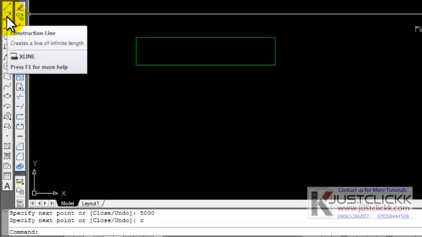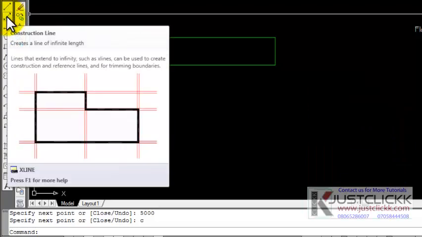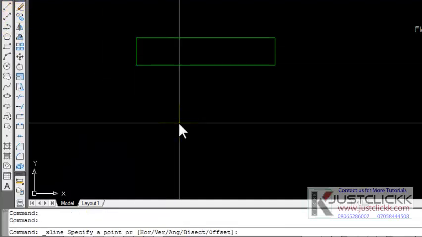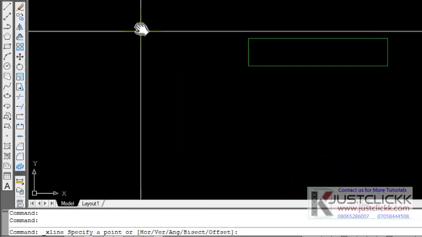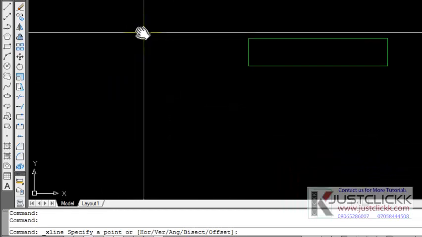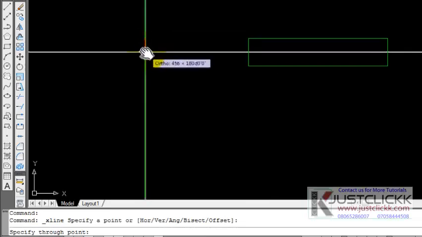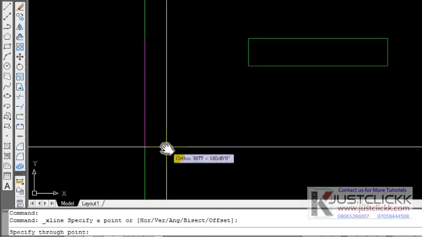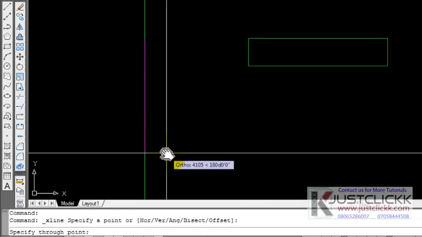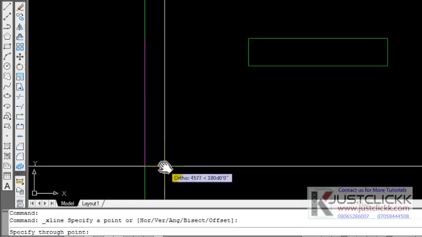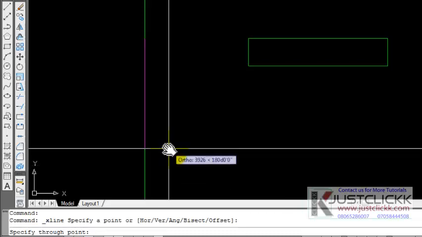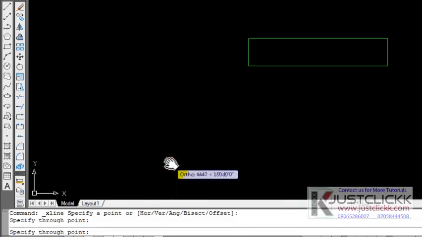So you have the construction line here, which is an infinite line. This gives you an infinite line. You make use of this by clicking on it and then specifying a first point, specifying a point by just clicking, and then specifying the through point, which is moving your cursor to the direction you want the line to establish. Maybe you want it vertically, so you move your cursor down or up and then click, and then it gives you a vertical